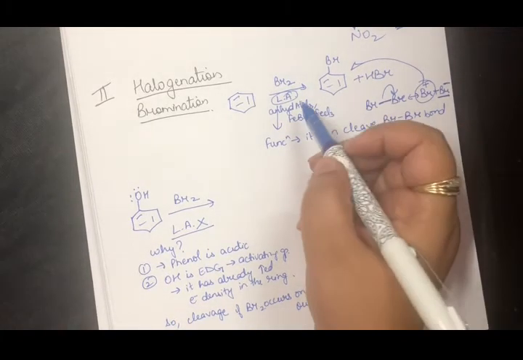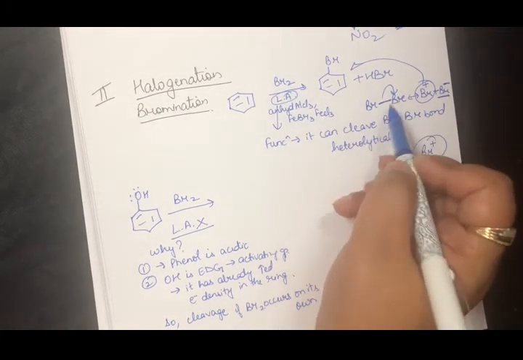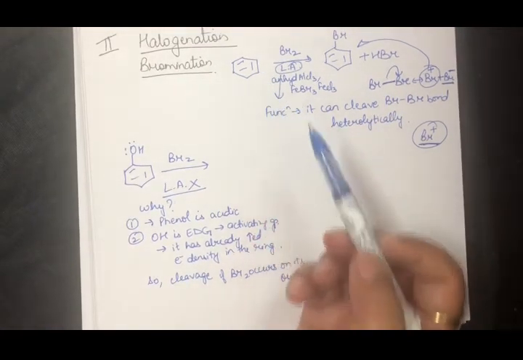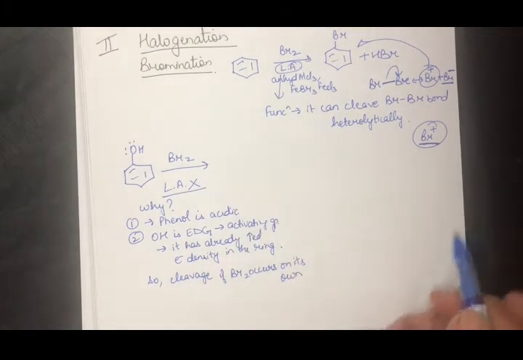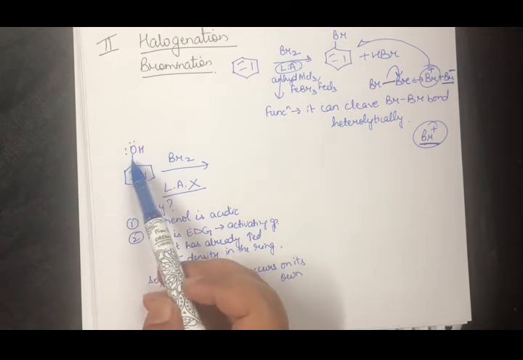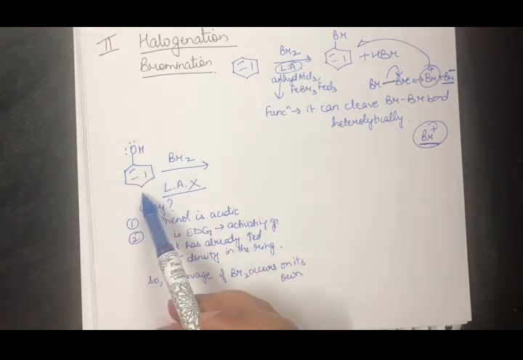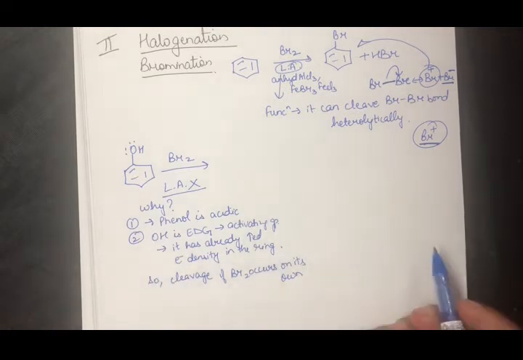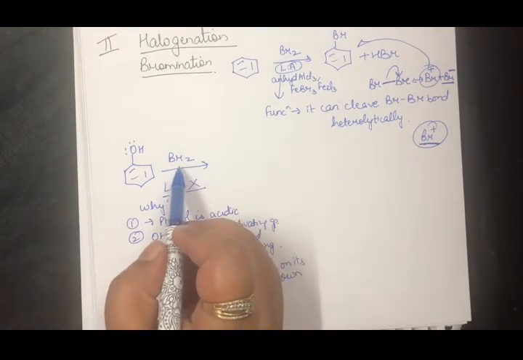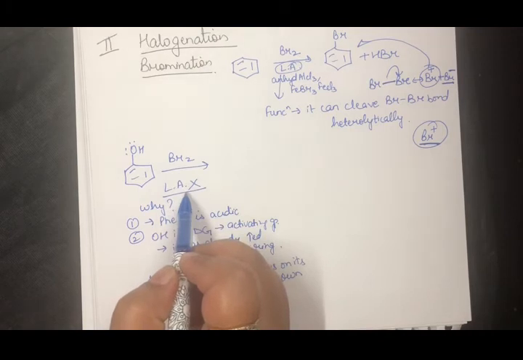काम क्या था लुईस एसिड का? लुईस एसिड का काम था कि ब्रोमीन का मॉलिक्यूल टूट जाए. टूट जाएगा तो क्या करेगा वो, क्योंकि हमारी रिंग is already negative, it will go and attack there, right? But here my ring is already highly negative because OH is my activating group. It has donated the electron pairs towards the ring and it has made the ring very electron rich already. So when it is already electron rich, the bromine molecule will break on its own and the electrophile would be generated. Now what has happened, I have added bromine molecule, I do not require the Lewis acid.